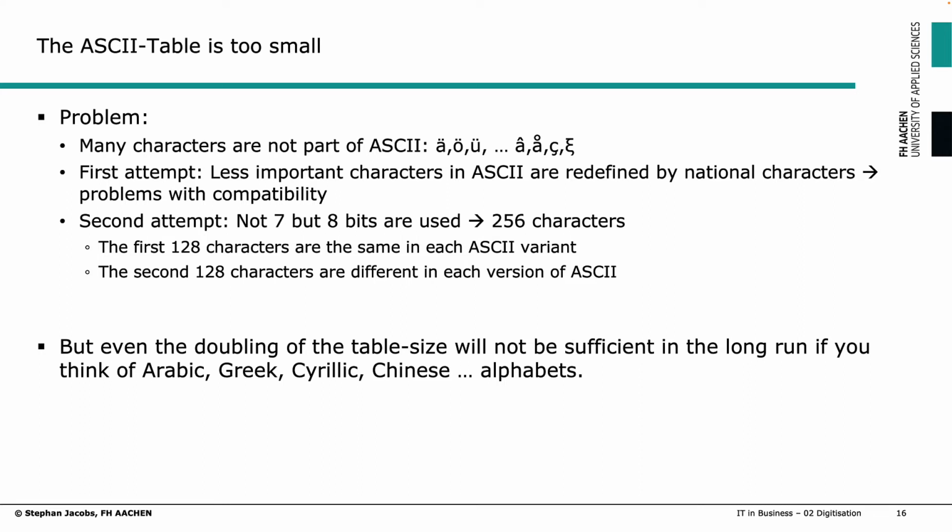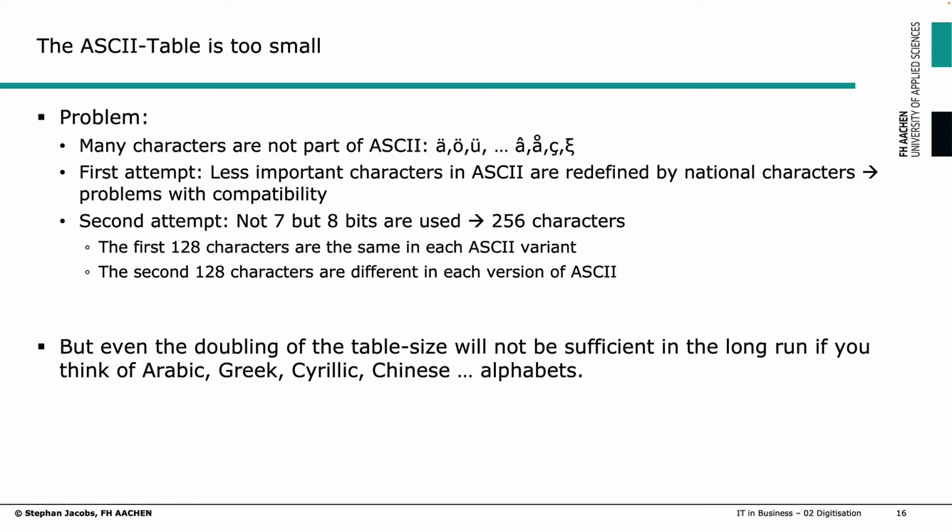So the first attempt would be to maybe have these less important characters in ASCII redefined by national characters. And here you come up with compatibility problems. If somebody from the US sends a letter to Germany, it would probably fail. The second attempt could be to enlarge the table. For example, we say we do not have 7 but 8 bits, so we come up to 256 characters. The first 128 characters we leave as they are, and the second 128 characters are different in each country